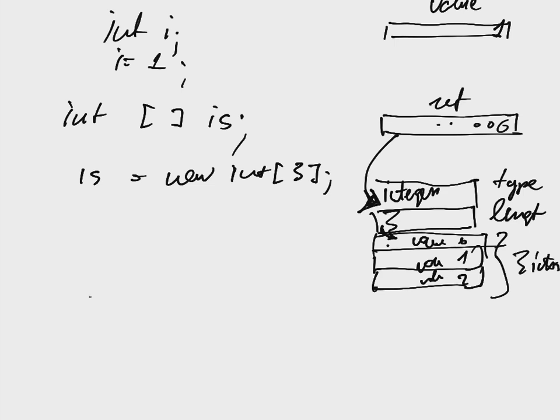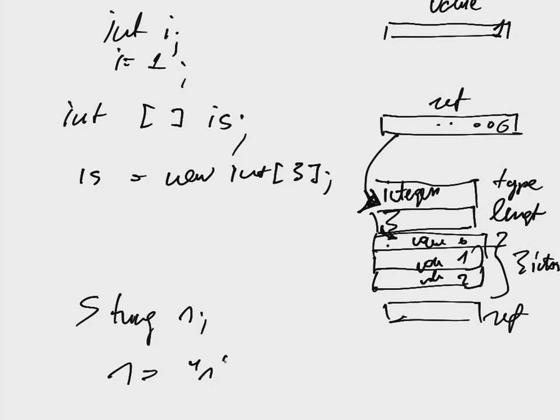For example, when I say string s, I first create this reference which points to 0 and get null pointer reference, and when I say s is string s as a literal value, I create array of bytes. So that means I create object which says I'm array object. I will hold bytes. Number of bytes in this case I think is 2,